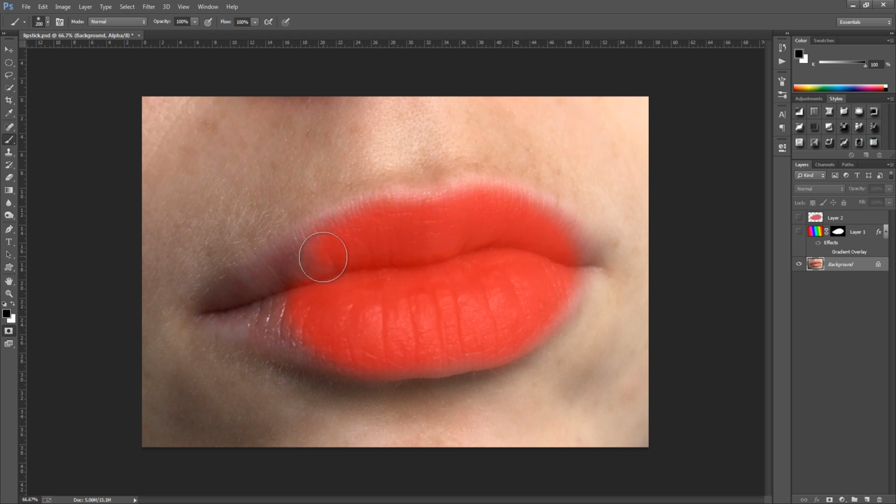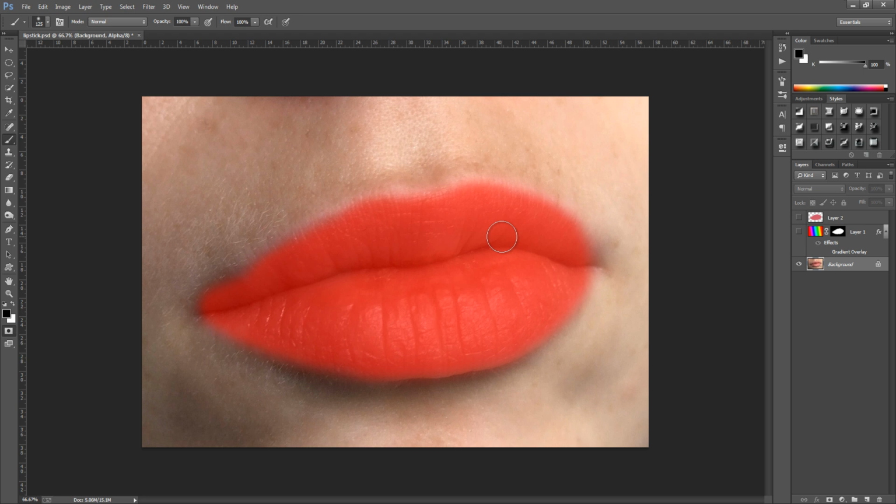This is a selection technique, not colouring at the moment, so just go very slowly. Now I'm just going to do this very quick. Obviously bring the brush size down as you get into the corners of the mouth, because we want all the detail in. If the mouth is open, obviously just leave a gap in between, and you don't need to go just inside the mouth, so only select the lips. So I'm just doing this very quickly just to show you, so something about there,